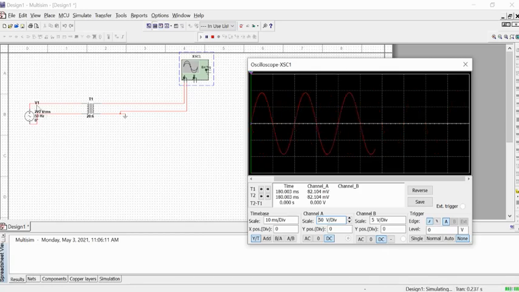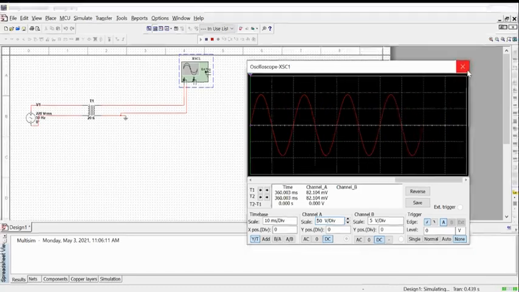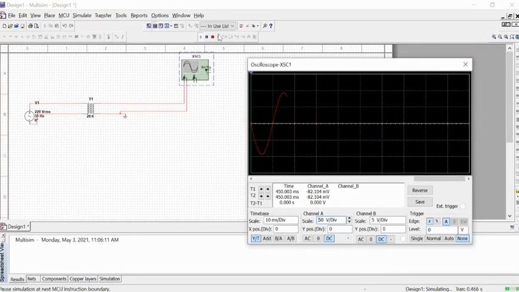So you can see we are taking a 20 volt AC voltage waveform, and then we step it through this transformer, and it gives us the same AC with a voltage around 66 to 70 volts. So here you can easily analyze your voltage waveform as well without any problem. Now I just stop this circuit.